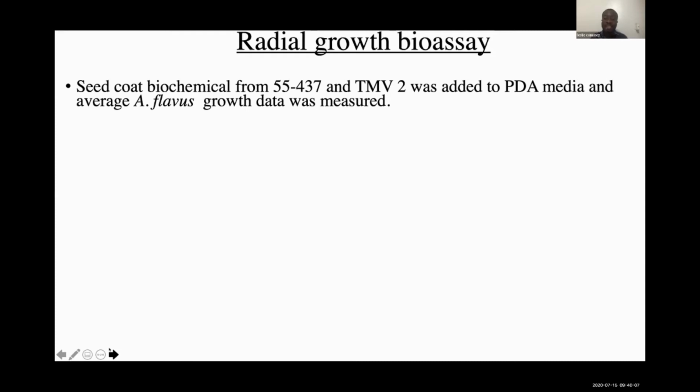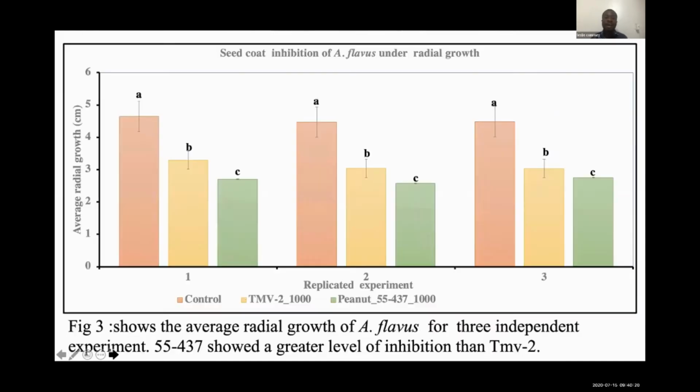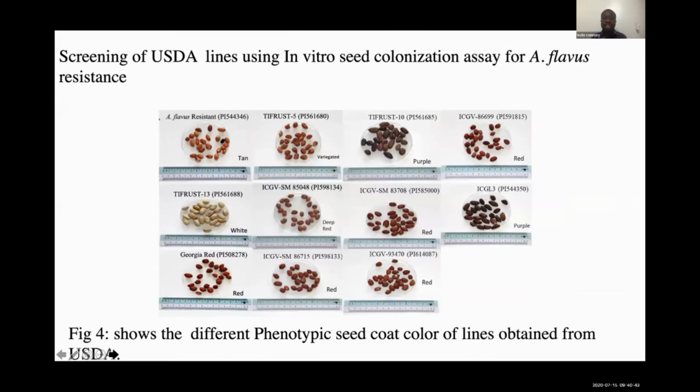On the 8th day, we realized that the plate was full. We repeated the experiment 3 times, and based on that we analyzed the data for significant difference using ANOVA. What we realized was that in our 3 experiments, we saw a significant difference between TMV2, 55437 and the control. Based on this, we requested different seed coat colors from USDA to see whether we can use only the seed coat phenotypic color to ascertain whether we are obtaining an A. flavus resistant line or not via in vitro